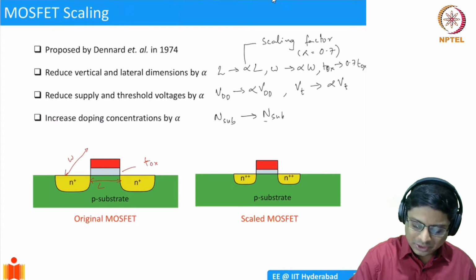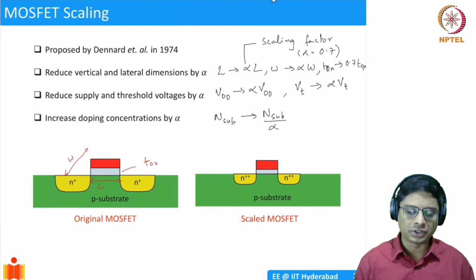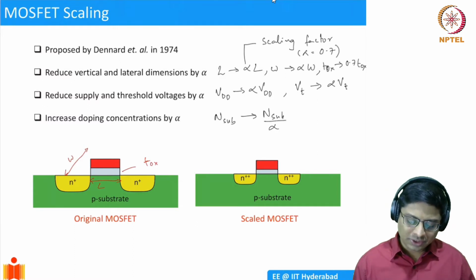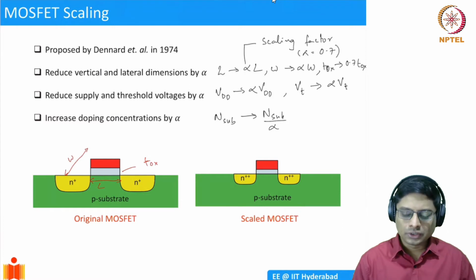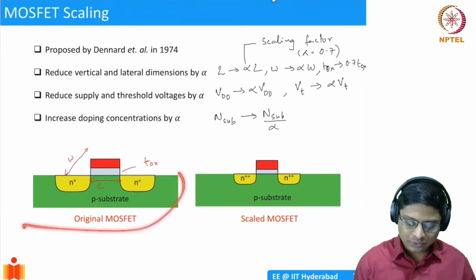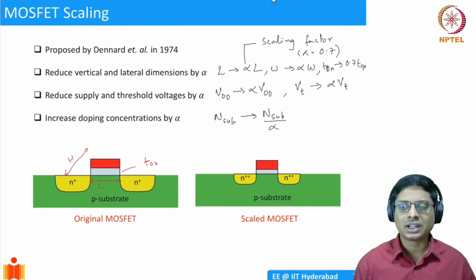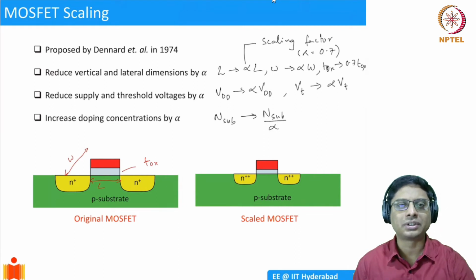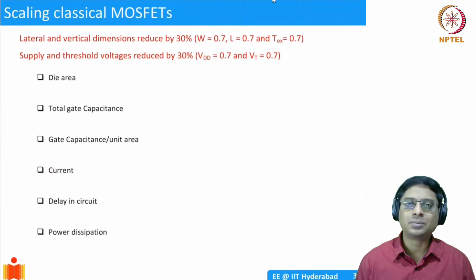We don't want to get into all that, but right now I just want to tell you what is proposed and how it is beneficial to us. So the doping concentrations are also scaled for some practical reasons. We are left with, from the original MOSFET, a much smaller dimensional MOSFET with higher concentrations. Why should this matter to us? Well, it matters because we'll see that this scaling will actually improve performance.